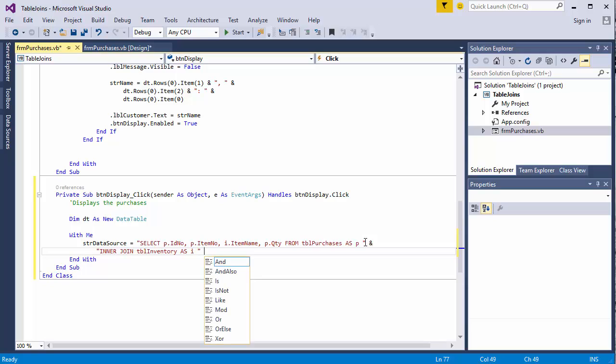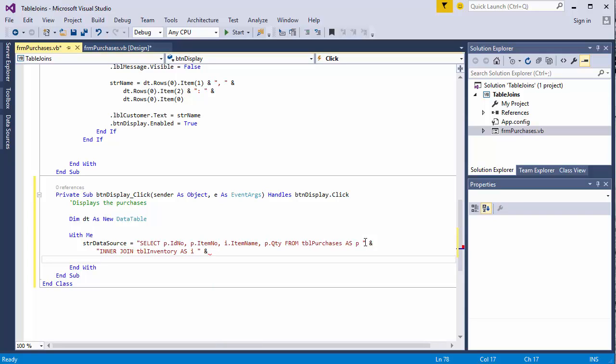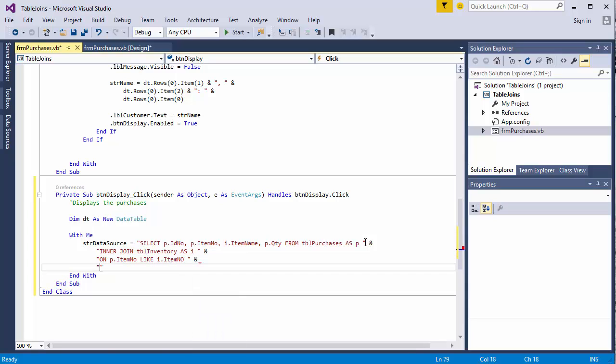Space bar, double quote, space bar, ampersand, space bar, and then double quotes. I'm going to say on P.ItemNo equals I.ItemNo, space bar, double quote, space bar, ampersand, space bar, double quote, and then I will say where